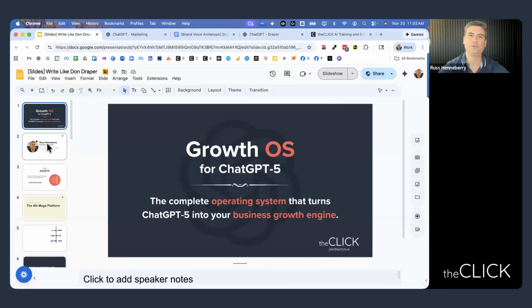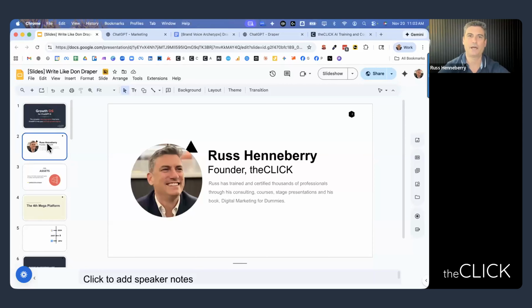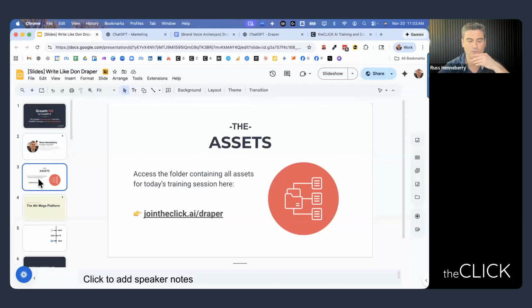The first thing I want to do is just go ahead and get this installed with you. When I do these AI trainings, we're almost always working inside the AIs themselves so that we're getting the real experience that we need to actually do real work inside of these tools. So what you're going to do in order to install Draper into your ChatGPT account is go punch this into your browser,